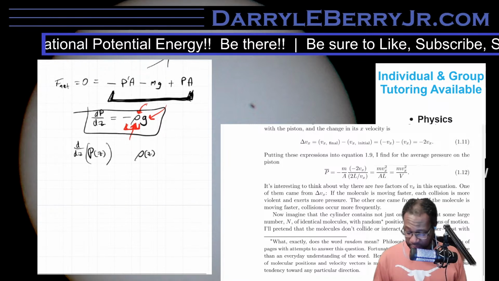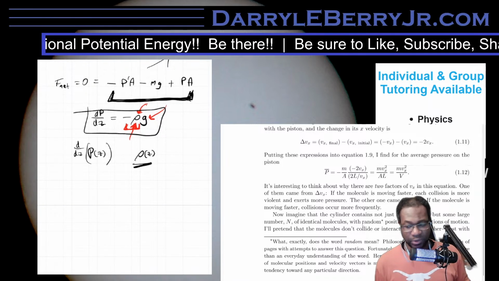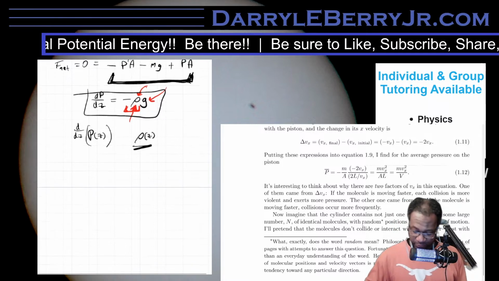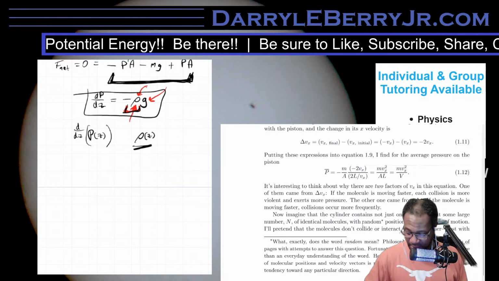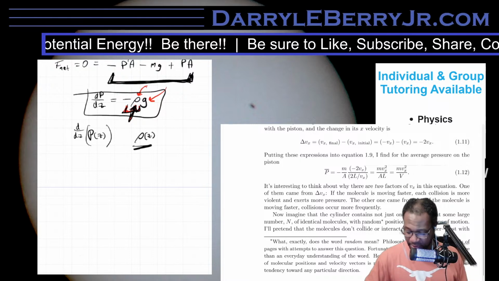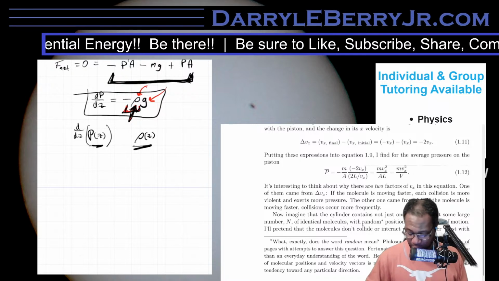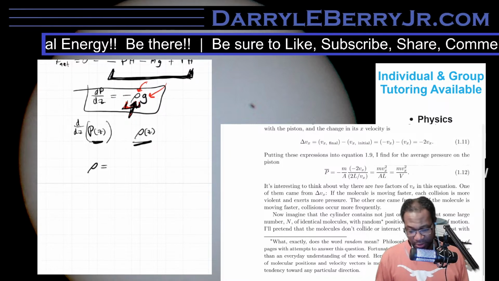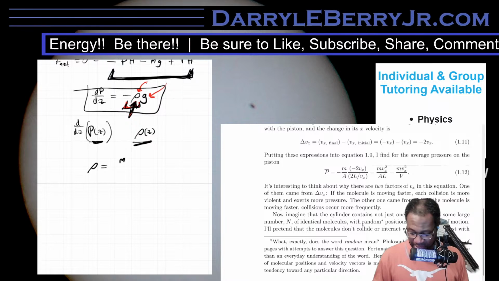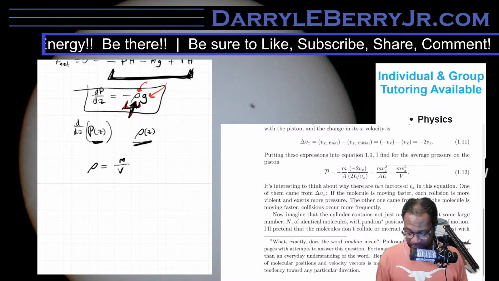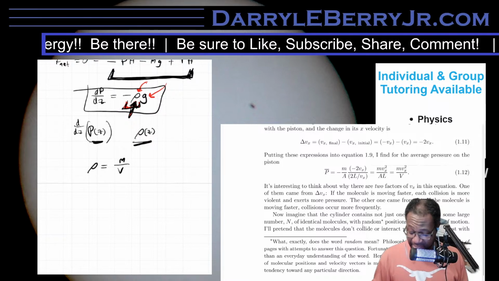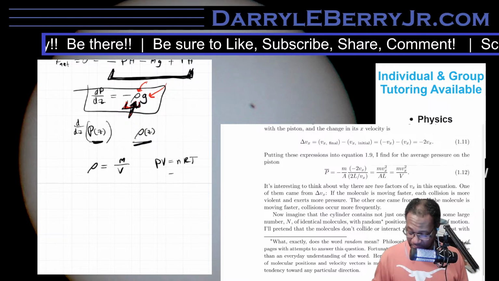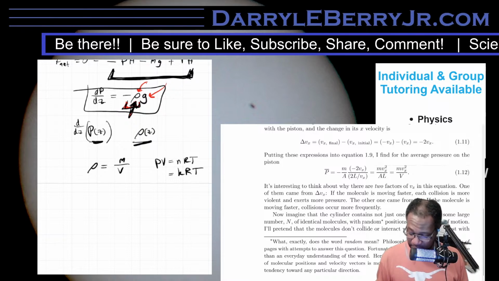So what we could end up doing, and it might be worth pulling this up, is taking this density here and putting it in a form that is also a pressure. For instance, recognizing that density is going to be a certain amount of mass over a certain amount of volume, but also recognizing that we have equations that include those terms, like PV equals nRT or PV equals kRT.